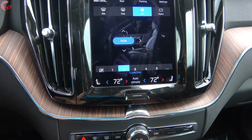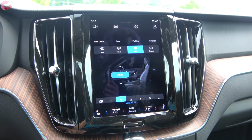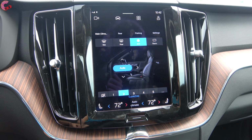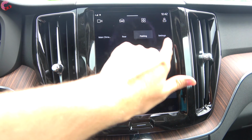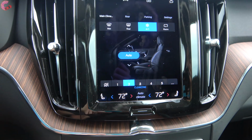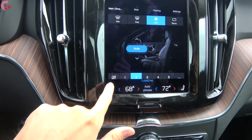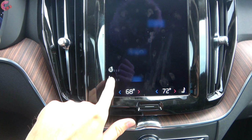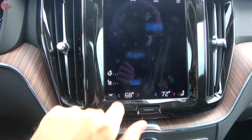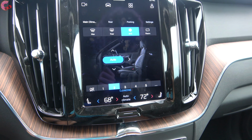You have a standard dual zone automatic climate control setup on the XC60. The R design as well as the inscription are going to come standard with a 4-zone automatic climate control setup, but you can still make adjustments to different things right through there. We do have our fan speeds down there. Of course, you can adjust your temperature right here by increments of 2. And then over here is where you'll find your settings for the 3-stage heated seats, which are standard on R design and inscription. We also have the heated steering wheel,